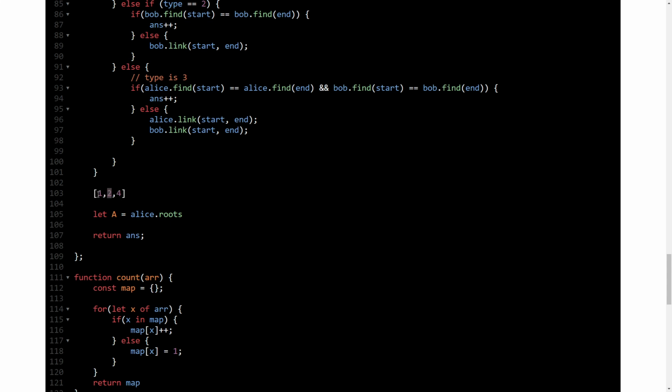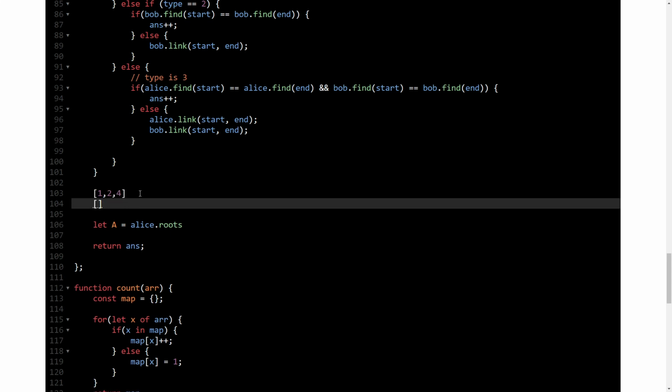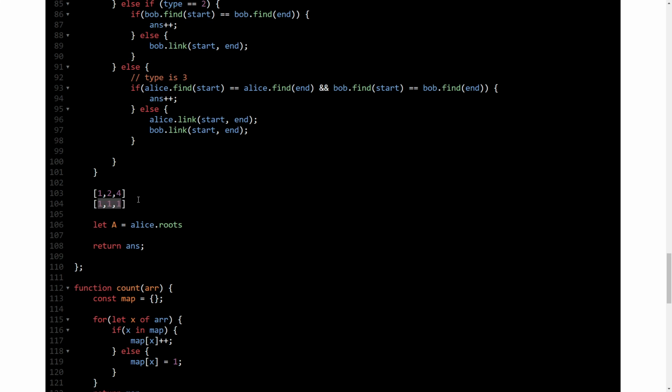For example, if I look at 2, it will be 1 because the parent of 1 is by default 1. And when I look at 4, I'll see the parent is 2, but then I see that the parent of 2 is actually not 2 but 1, so I will update the parent of 4 to 1 as well. In this way every component will know who its parent was. Now I will convert every element in that array to its parent. So 1 will be converted to 1, 2 will be converted to 1, and 4 will be converted to 1. In this way I'll convert everything to their parents, and I will just count the occurrences of 1. If all the elements have the same parent, then basically, oh cool.